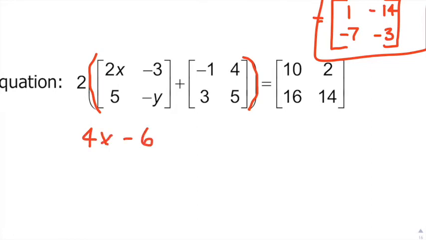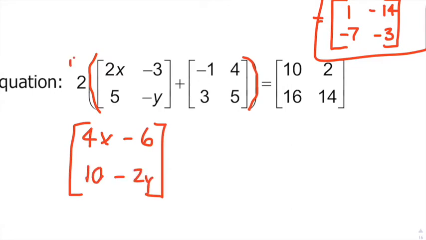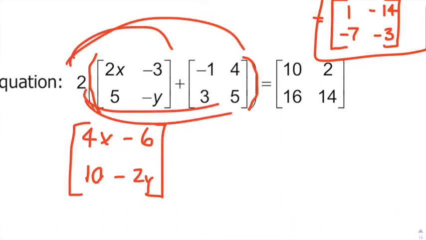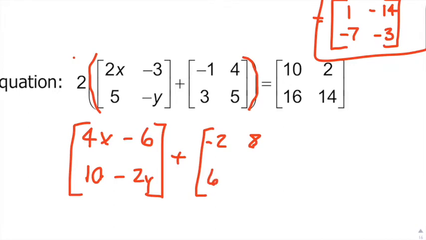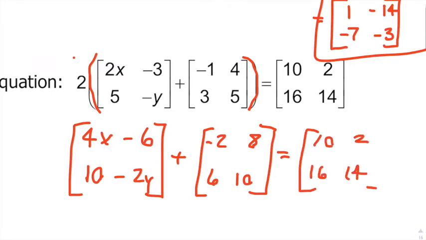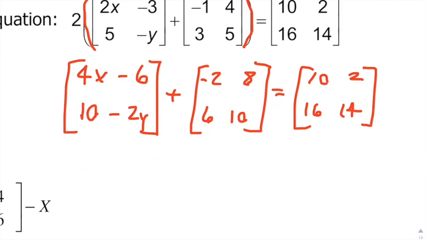4x minus 6 for the first matrix. All right, you got 10 and negative 2y. Now you got to do 2 to all this other stuff here too, because of the parentheses around it. So let's see here. That'll be negative 2, 8, 6, and 10. And apparently all that equals this other matrix that we have over here. So instead of going through and combining these two matrices,